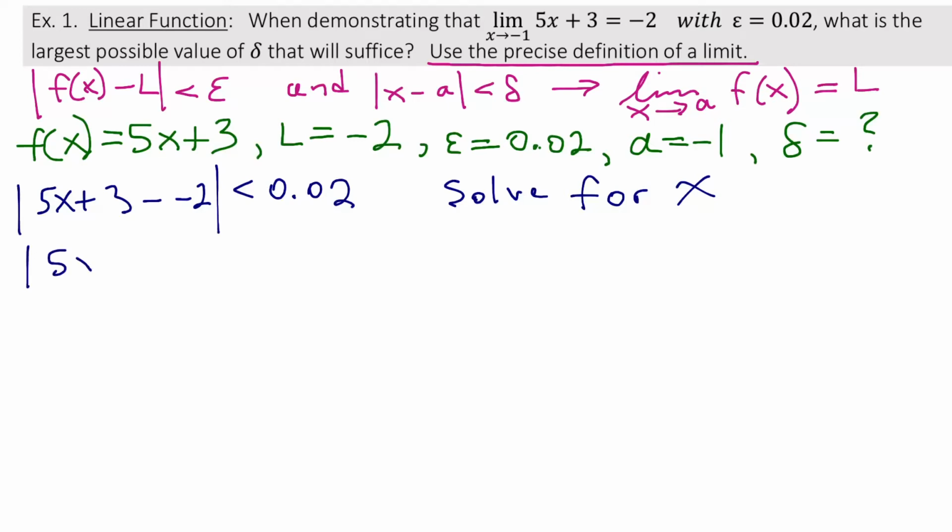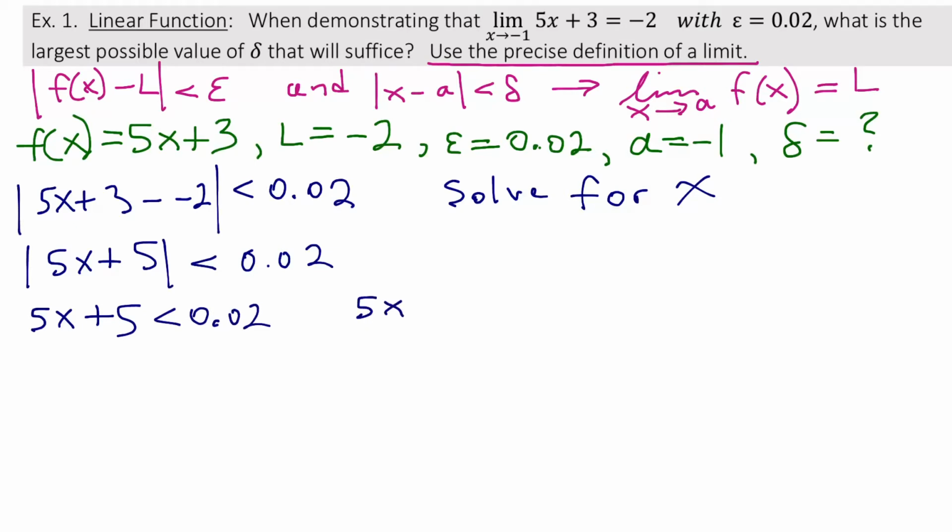So I've got 5x plus 5 is less than 0.02. So recalling some Algebra 2 stuff, I can say two things. I can say that 5x plus 5 is less than 0.02, and I can also say that 5x plus 5 is greater than